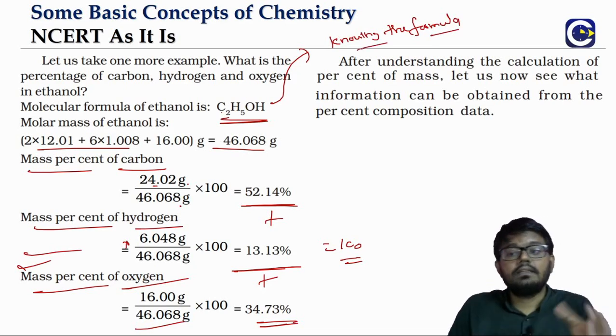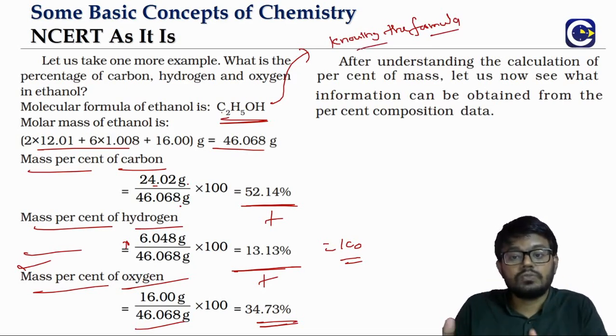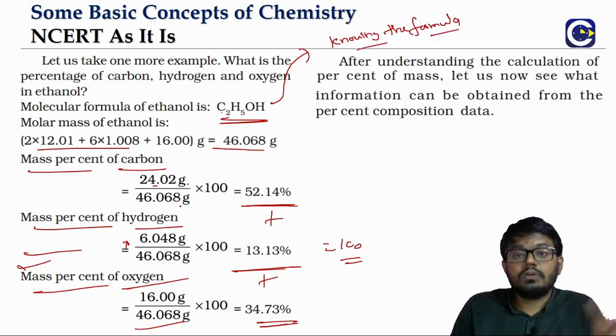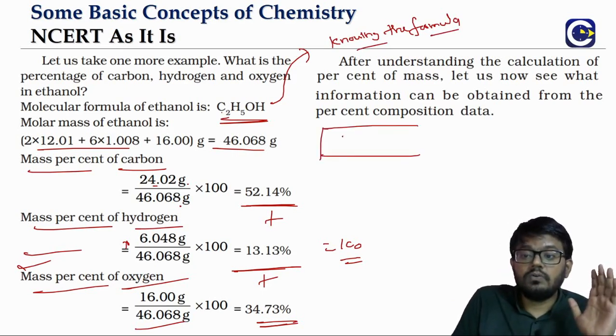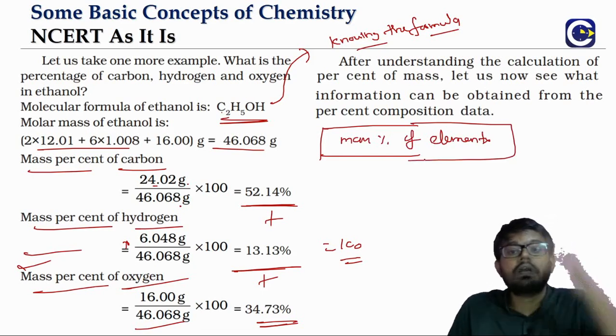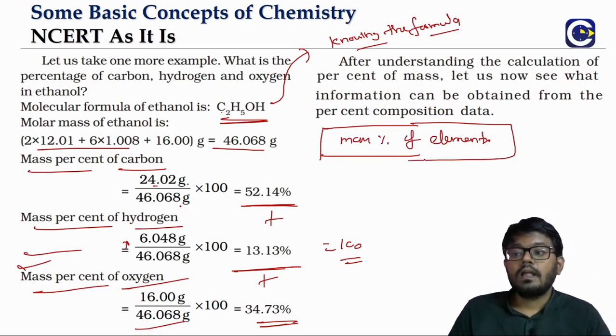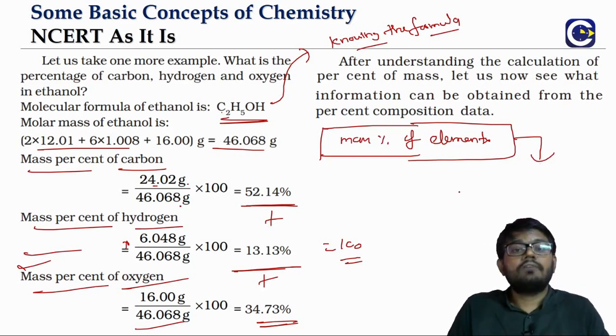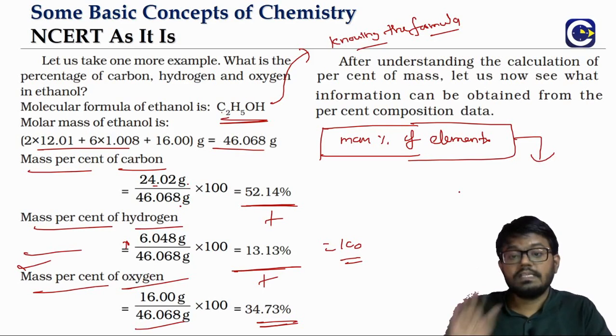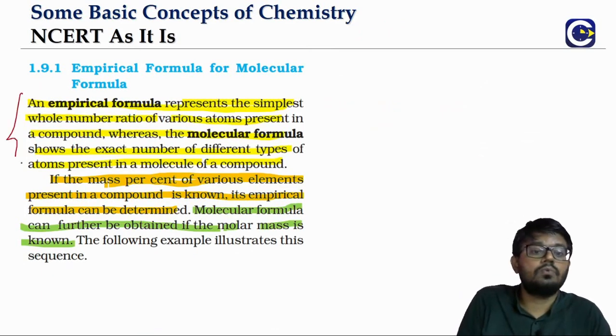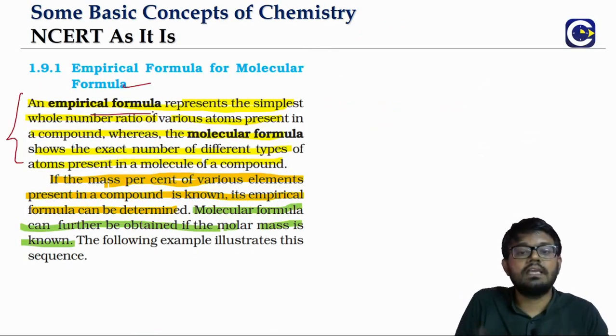But as I said, there are quantitative methods to find out the mass percentage without even knowing the formula. In fact, people first found the mass percentage values of different elements using quantitative studies, and from there they started working out the formula of the compound. When we say formula of the compound, we are referring to two formulas. One is the empirical formula, and the second is of course the molecular formula.